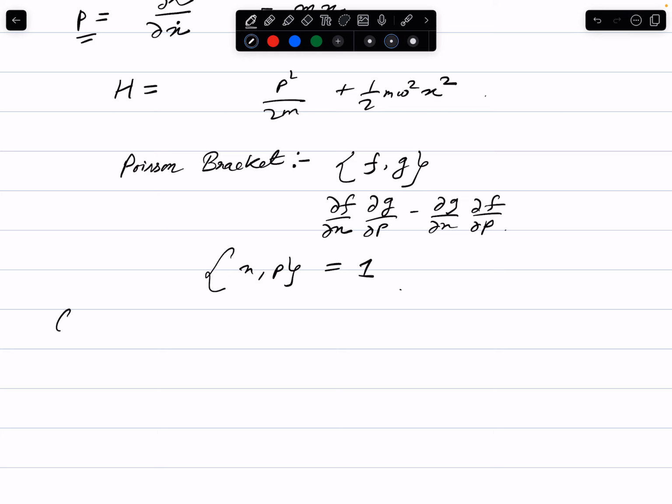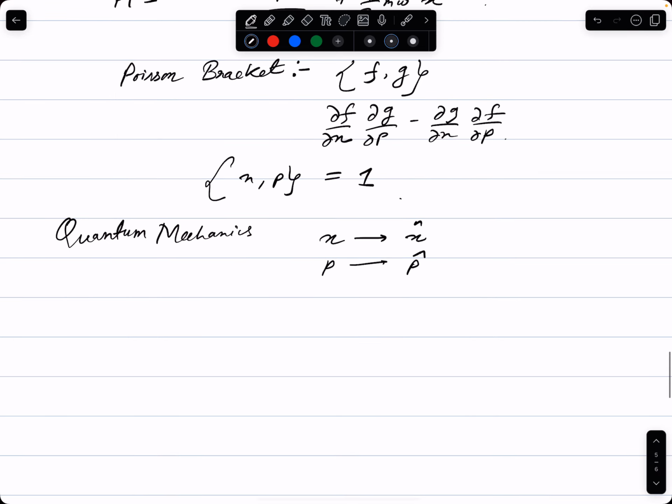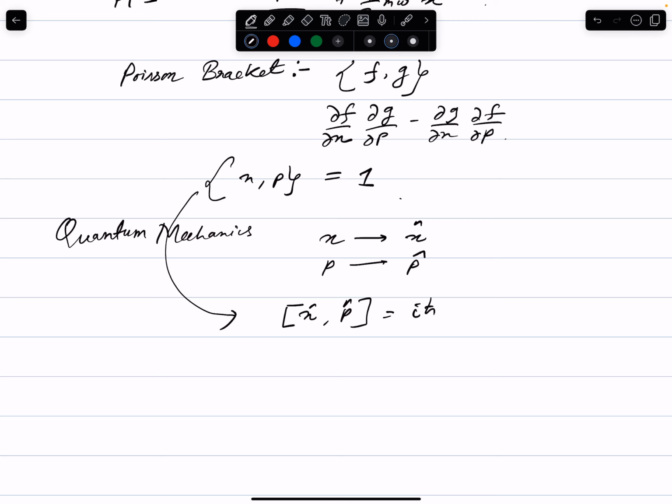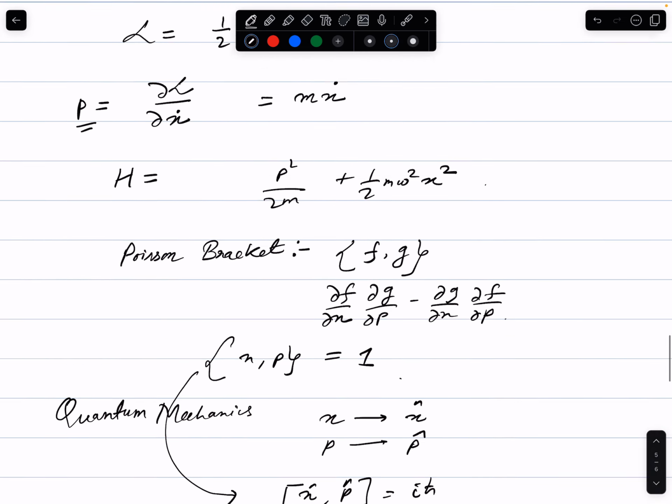And so the way to pass from this to quantum mechanics is to put hats on these operators. So now these are operators with the commutation relation [x, p] equal to i h bar. This is how you go from classical to quantum mechanics. So what is the algorithm? First,